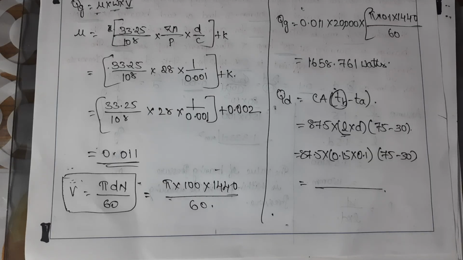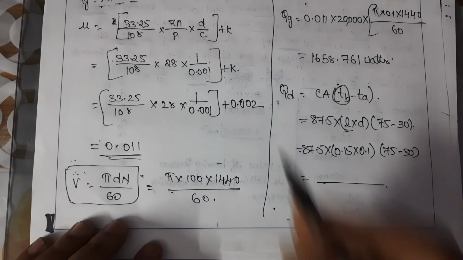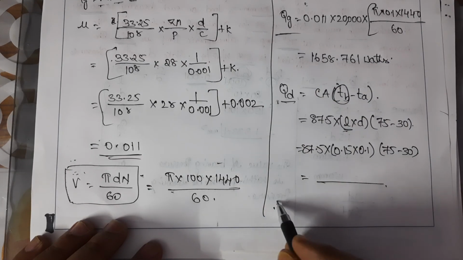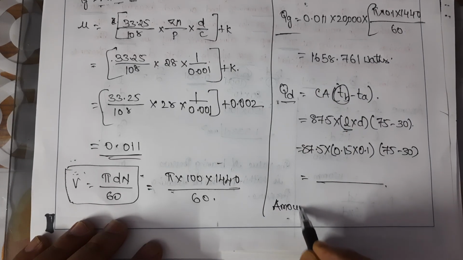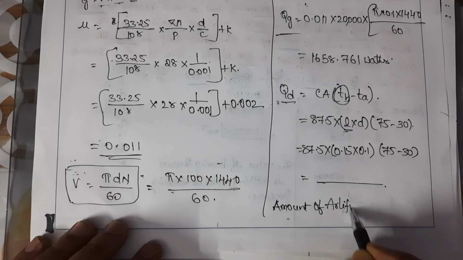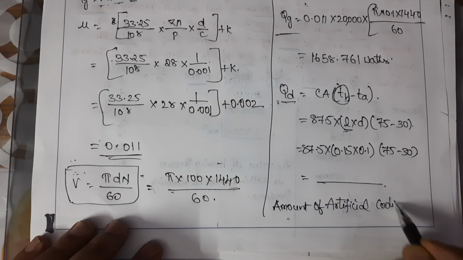That means we need to arrange some pump for removing heat from the bearing. So the amount of artificial cooling is required only when the heat generated is greater than heat dissipated. Amount of artificial cooling required,